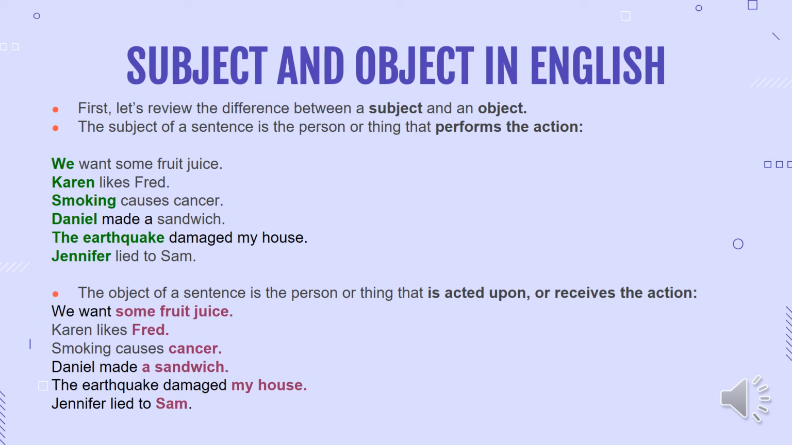We want some fruit juice. Karen likes Fred. Smoking causes cancer. Daniel makes a sandwich. The earthquake damaged my house. Jennifer lied to Sam. Now, the object of a sentence is the person or the thing that is acted upon